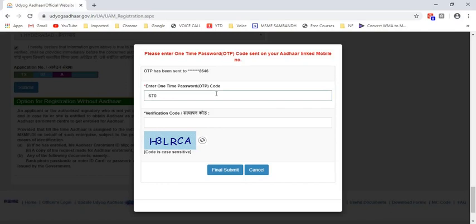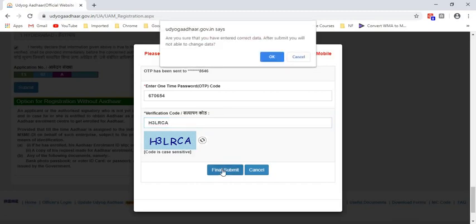So I am entering OTP here, verification code. Here you have to click on final submit. So again you will get a message, are you sure that you have entered correct data? After submit you will not be able to change data. Click on OK. So you can change data by coming back, and updation option is always there.